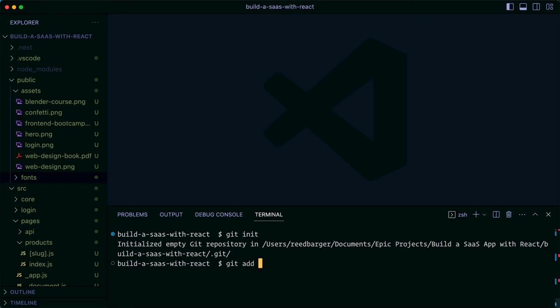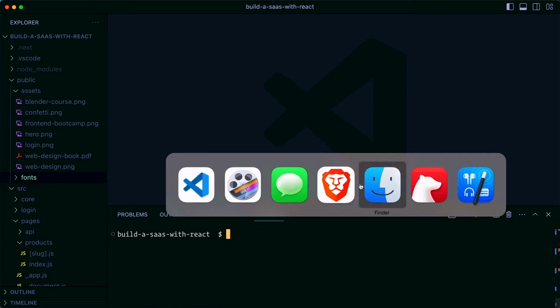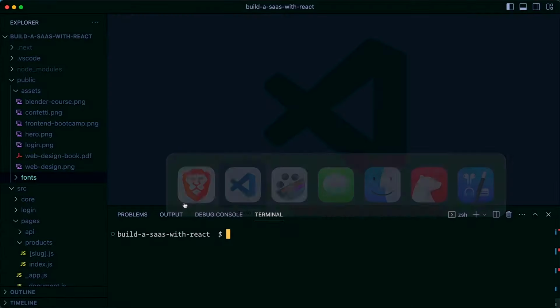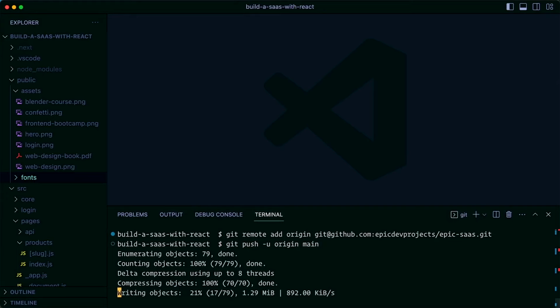After doing that, we can run git add, and we include a period to say add all files. Then we want to write a commit with git commit -m. And then we write a message, such as the message initial, since this is our first commit. And after that, we can copy the git remote add origin command, hit enter, and then run git push -u origin main. So it might take some time to do this operation of writing objects to add all of our different